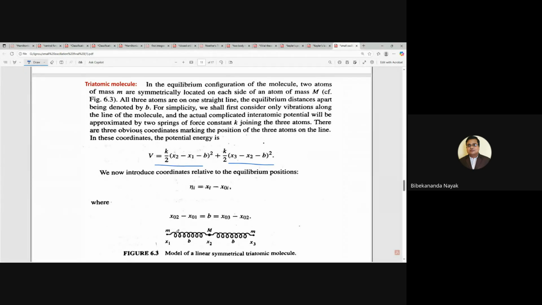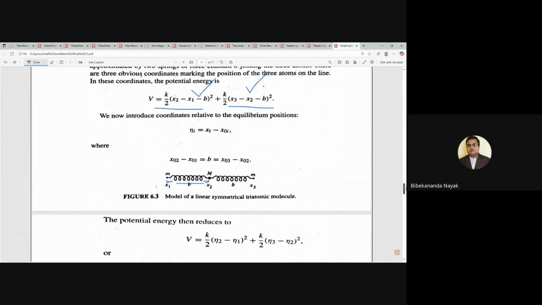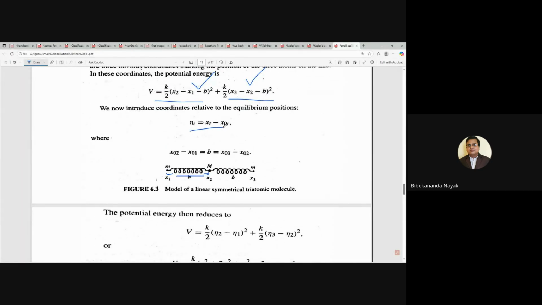Potential energy means, like an attached spring, half k x square. Half k x square, where the distance is x2 minus x1. Its equilibrium distance is b. It extends only x2, and here the extension is x1. So x2 minus x1 minus b square, and here x3 minus x2 minus b square. Okay. So from this potential energy, using our coordinates,